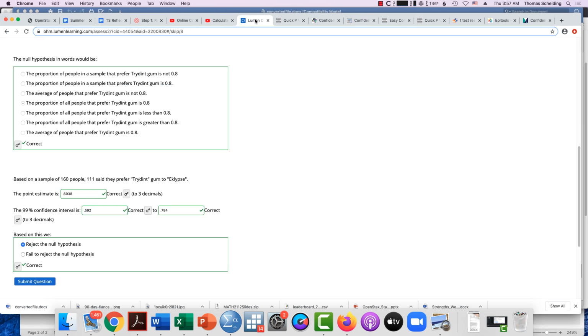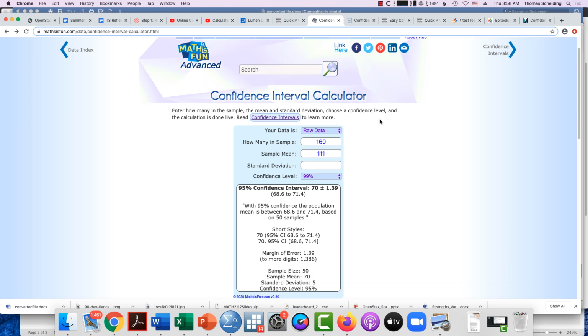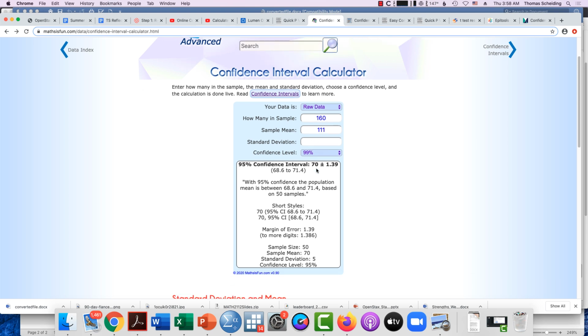So if out of 160 people, 111 say they prefer it, what I just did here for this number is I put in 111 divided by 160 because that was the mean proportion for the sample. And now I want the 99% confidence interval, which is what I put in here, my confidence interval calculator. Not putting in a standard deviation, I found that my 99%